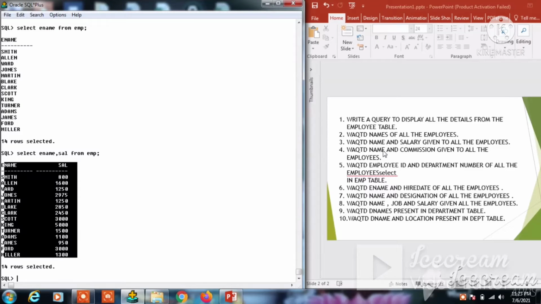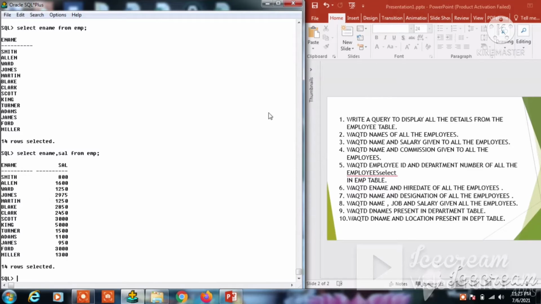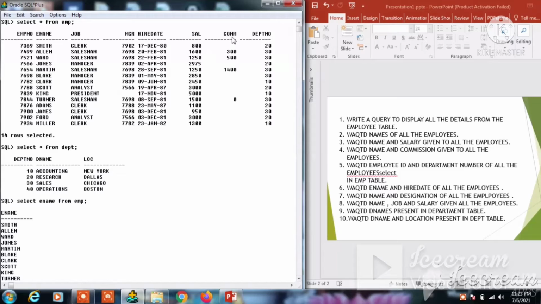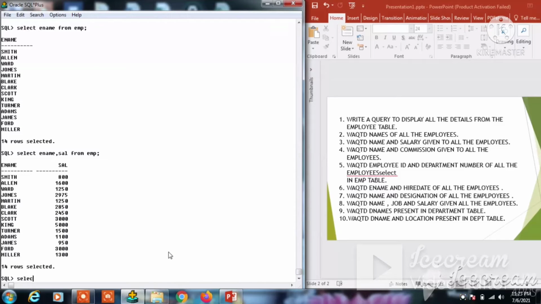Write a query to display name and commission given to all the employees. Here we need commission along with the employee name. The column name of commission is COMM. So select ename, COMM from emp; semicolon.